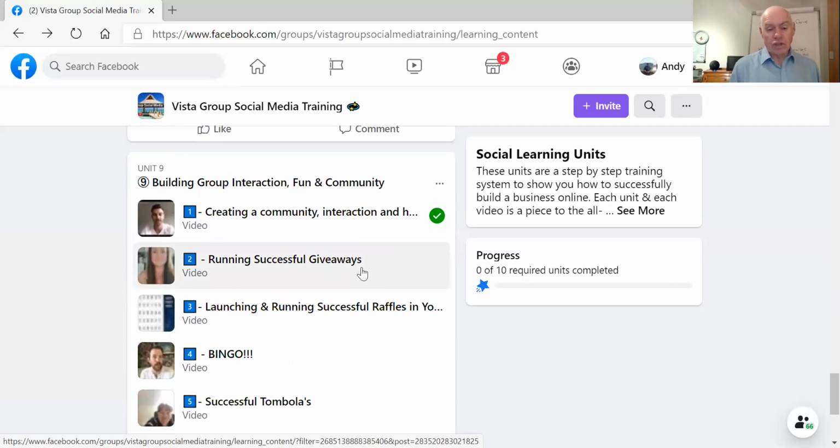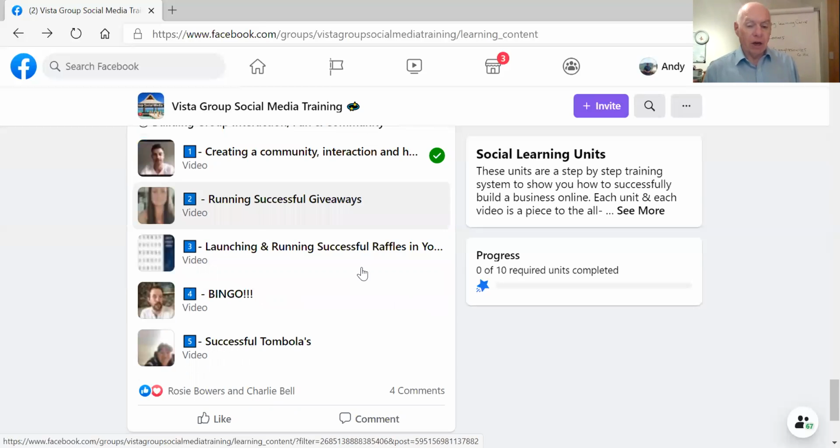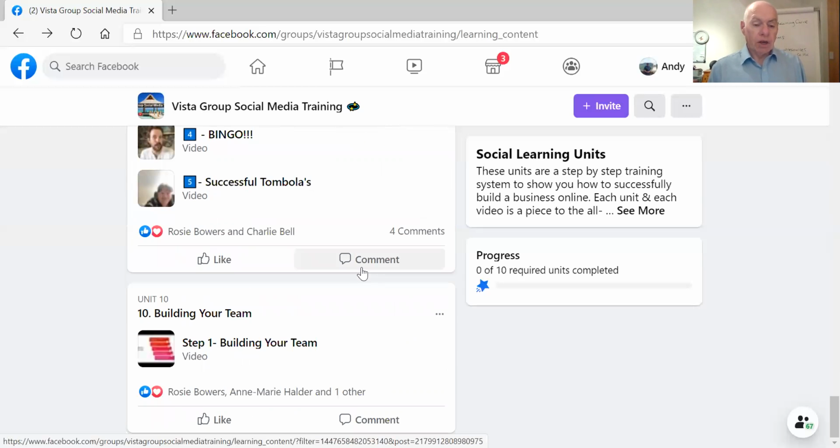Building group interaction. This is unit 9, fun and community. This is about making your group, if you're developing a Facebook group, really interesting. It's about how to make a bit of fun on there, from running successful giveaways, that's product giveaways, and then explain how to do that, and obviously the importance of it, how to run little fun things such as bingo and tombolas and all sorts of things that have proved to be very valuable at actually keeping people on a group and keeping them active on the group, which leads to people then looking at what you've got to offer in terms of products. And unit 10,